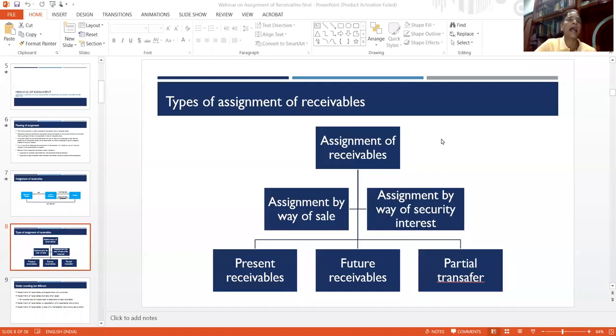I have a loan which had become payable 6 months back. The loan is currently an NPA, non-performing asset. Can I still assign it? Of course I can assign it. I have a loan which is payable 5 years hence. I have given the loan. The loan is repayable after 5 years. It's an amount payable in future. Can I still assign it? Of course I can assign it. And let me give